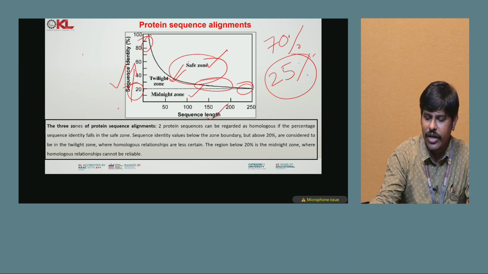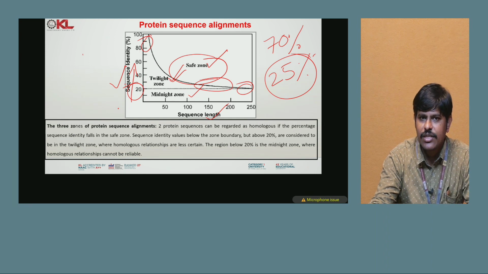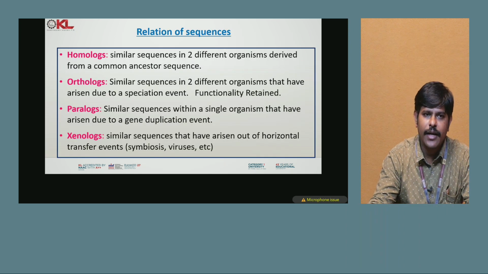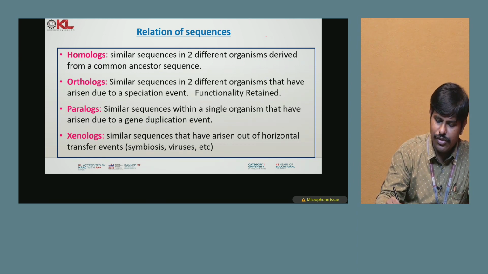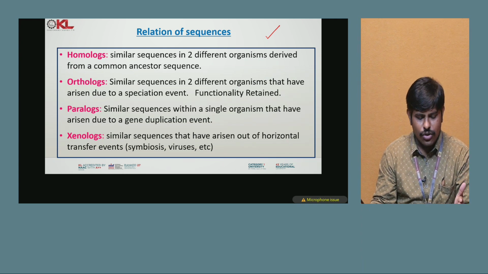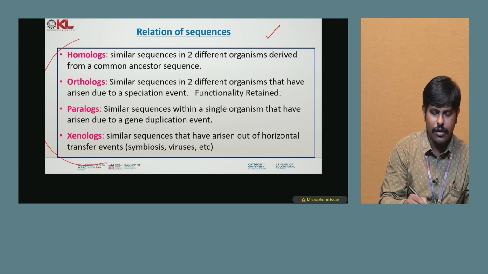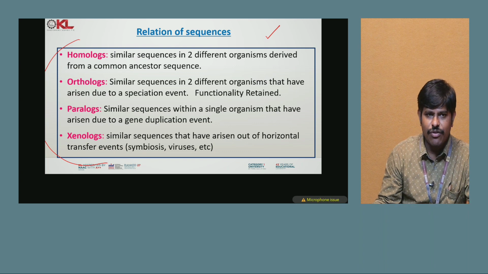So remember one point here: for DNA 75% identity, and for proteins 25% identity, should be there while doing the sequence comparisons. We learned about identity and similarity. Now we'll learn about qualitative statements called homologs. Homologs, orthologs, paralogs, and xenologs, four terminologies we use while comparing the sequences in a qualitative approach. The definition of homologs is something like